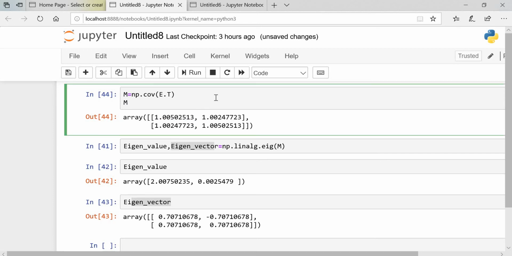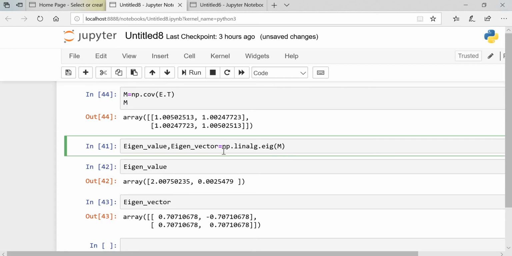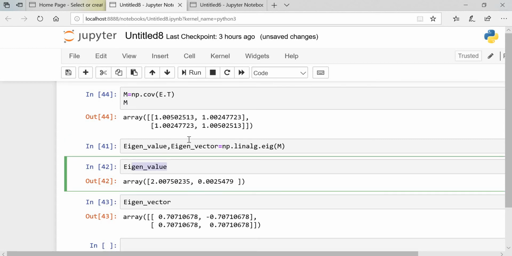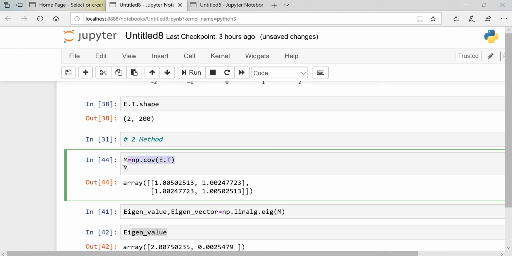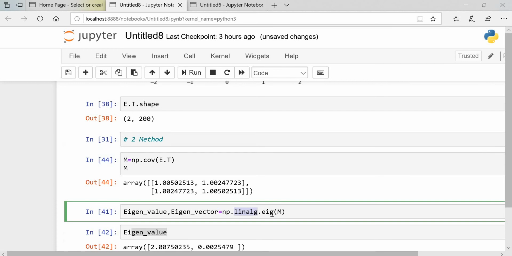In the theory session we have covered this lecture. Okay guys, now we got this eigenvalue and eigenvector with this second method. We can call this the covariance matrix method. We are calculating the eigenvalue and eigenvector with the covariance matrix, and we are using linear algebra dot eig.